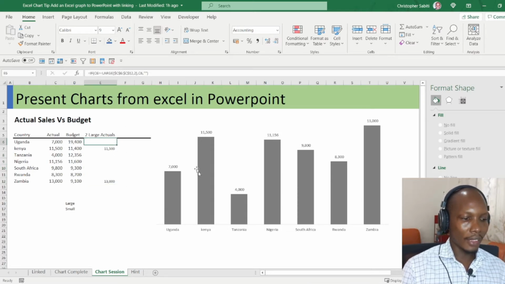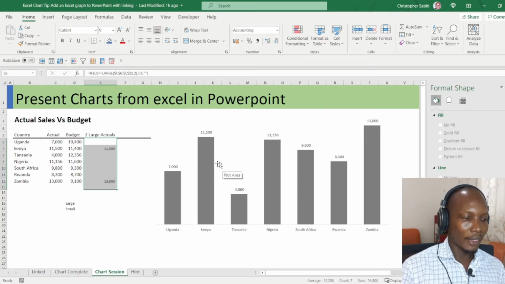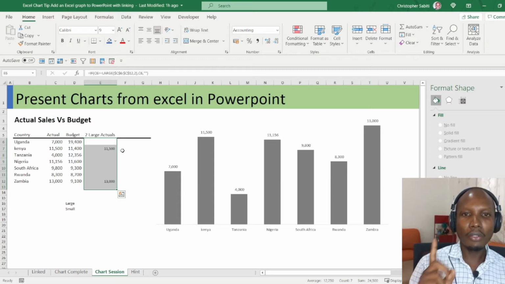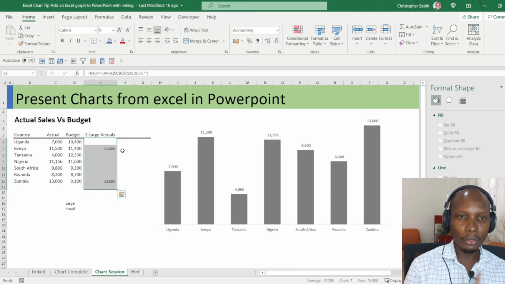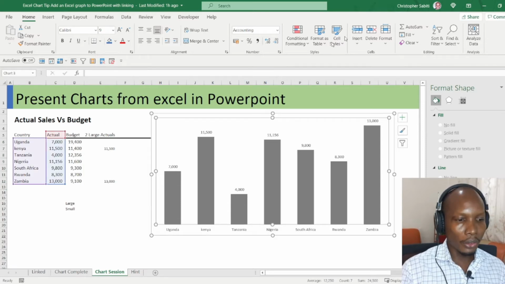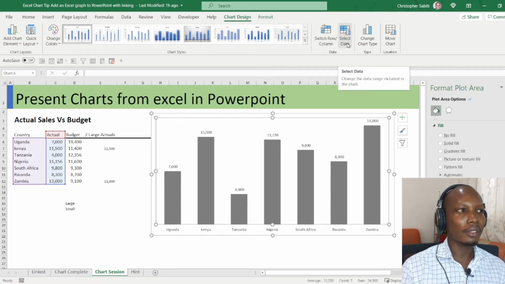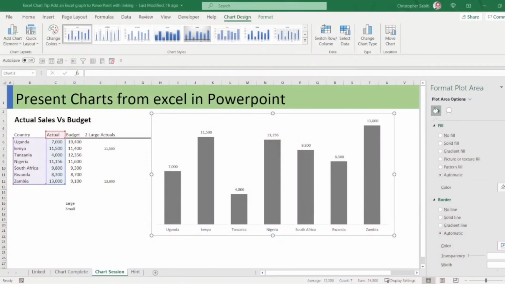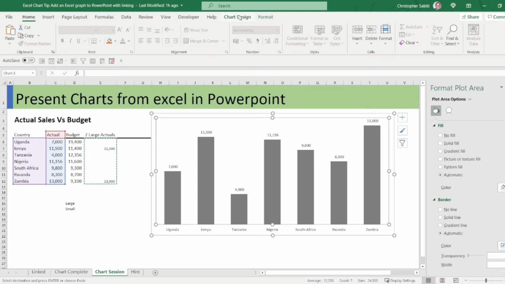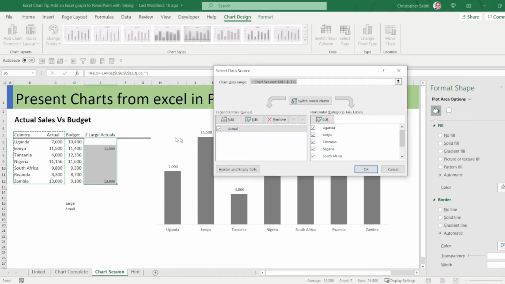Now, what next? We are supposed to add this series to our already formatted graph. So there are two options how you can add those series. The first option is copy the series and paste it in your graph. I'm going to show you that. That is a shortcut. Then another option, we are going to use the chart design tab, then you select Select Data. Select your graph, go to the ribbon, Chart Design, Select Data. So that's how we add a series.